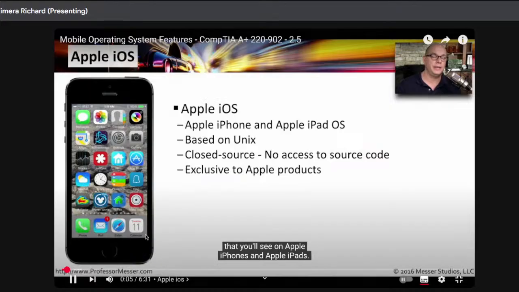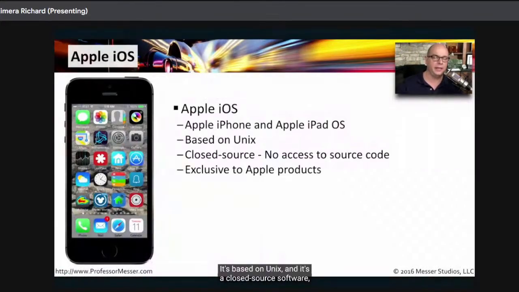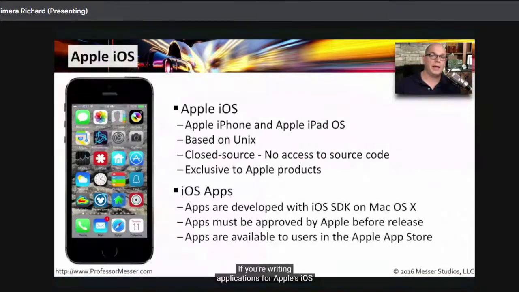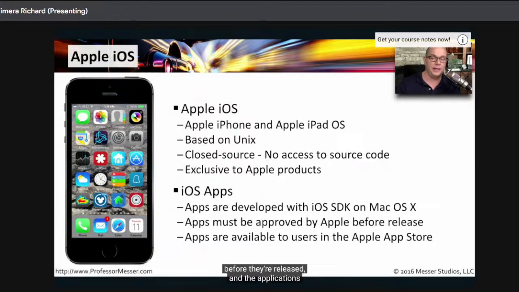System that you'll see on Apple iPhones and Apple iPads. It's based on Unix, and it's a closed source software, which means you don't have access to the source code. You also only find Apple iOS on Apple products. If you're writing applications for Apple's iOS, then you need to develop it on the iOS Software Developers Kit, which is available exclusively on Mac OS X. These applications must be approved by Apple before they're released, and the applications are available to users exclusively from the